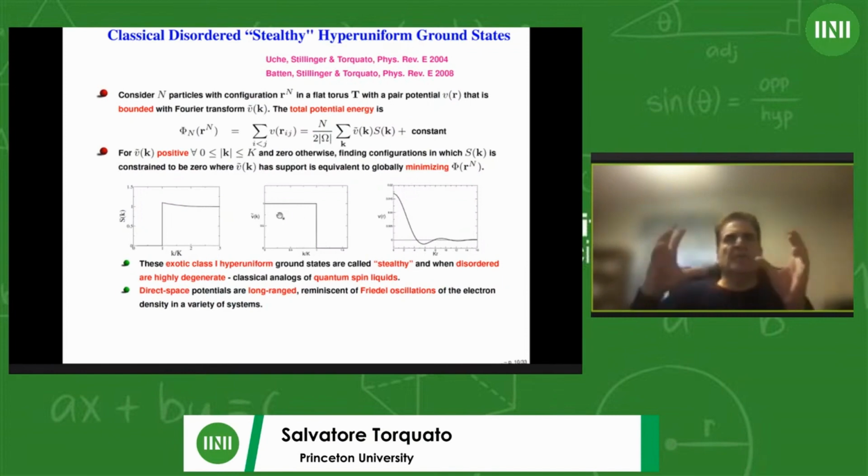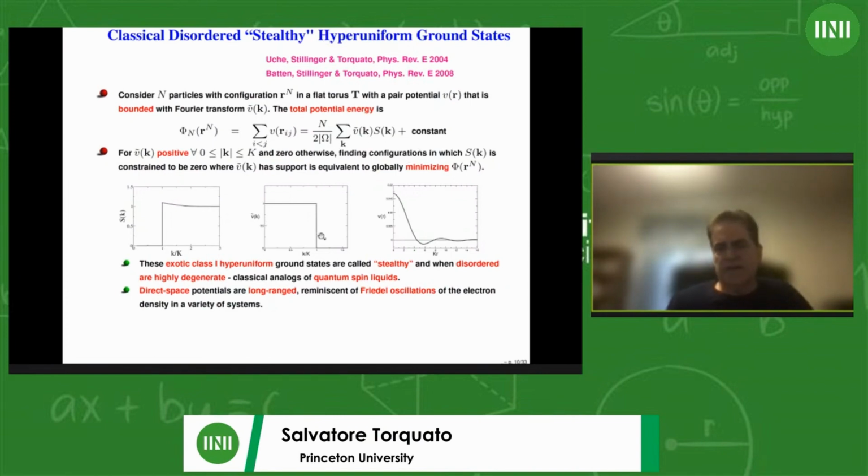Now, if you put particles in a box and then you have an optimization technique, let's say you put them in randomly, and now you're going to move the particles around in such a way that you force the structure factor to be 0, where this has support, then you can see that if you can do that, you have conflicting step functions, and therefore you actually have arrived at the ground state.